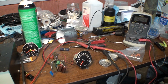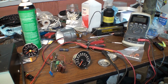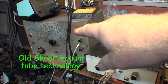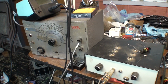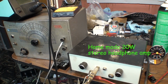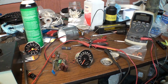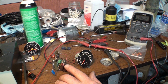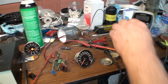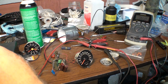I am calibrating my tack. So what I've got over here, let me just rotate you. What I have over here is a signal generator. I'm just pushing in a sine wave. This is an audio amplifier, and I have it going through an 8 ohm resistor so that I don't hurt the amp. And then I'm driving that signal directly into my tachometer. What I've been doing is adding capacitance here to these capacitors, which is really weird because it's got two identical ones in there piggybacked, rather than one,